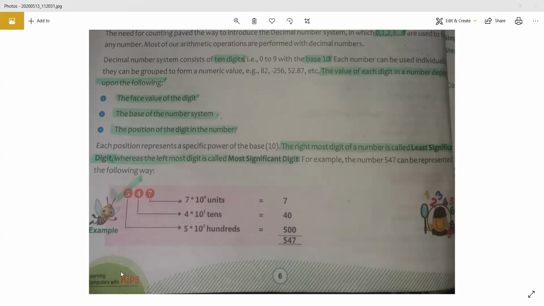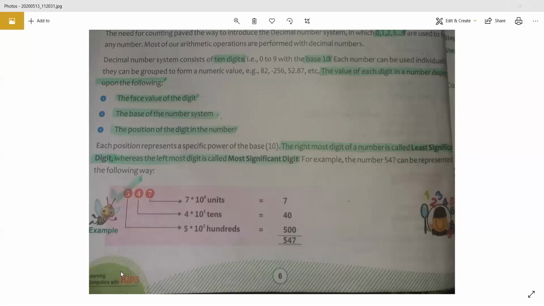So the most significant bit is basically that digit which is going to have the maximum weightage. Okay, and your most significant bit is always the leftmost. Leftmost digit in a particular number is its MSB, and the rightmost is the LSB, that is least significant digit. All right, that means here in this number 5 will have the maximum significance and 7 will have the least. And next is beta, how to read this particular number in the decimal number system.